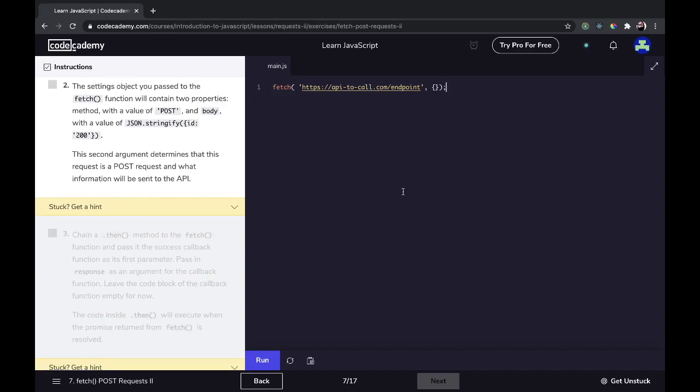Number 2. The settings object you pass to the fetch function will contain 2 properties. Method with a value of post, and body with a value of JSON.stringify and object ID 200. The second argument determines that this request is a post request and what information will be sent to the API. Okay, so let's do that now. In here, we need 2 things. A method, that's going to be post as a string, and then we will comma to